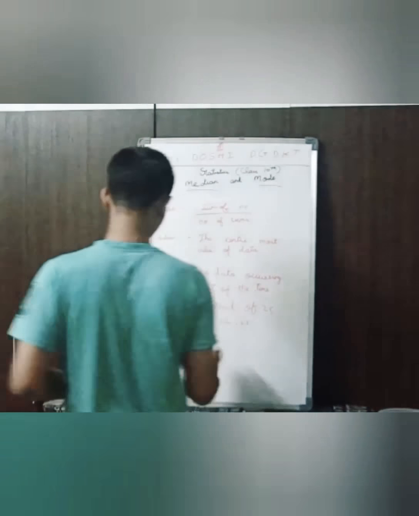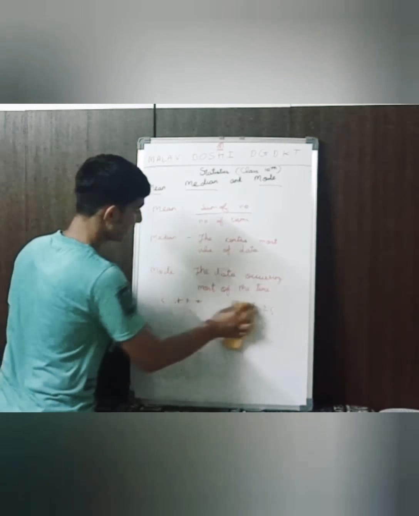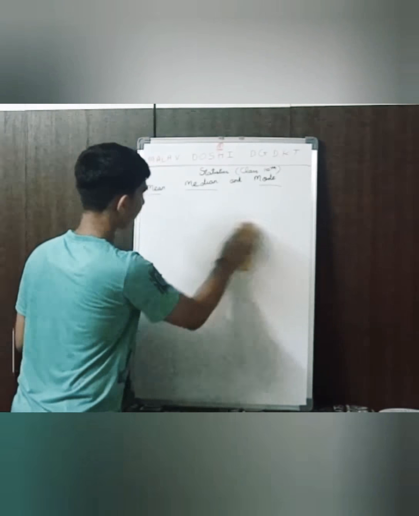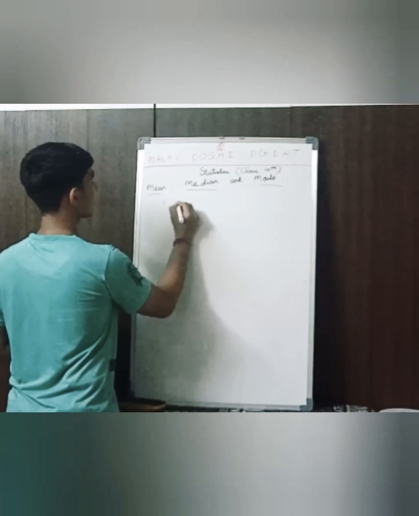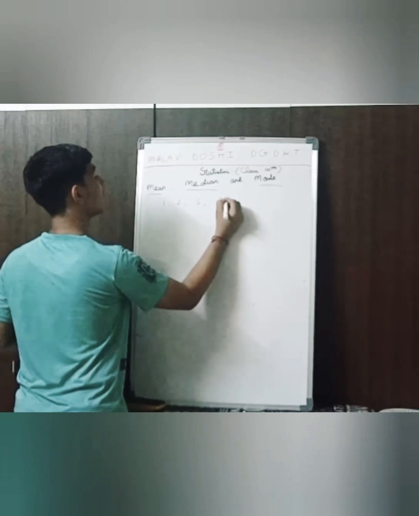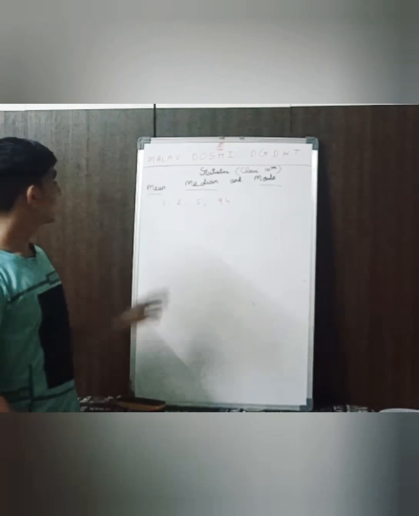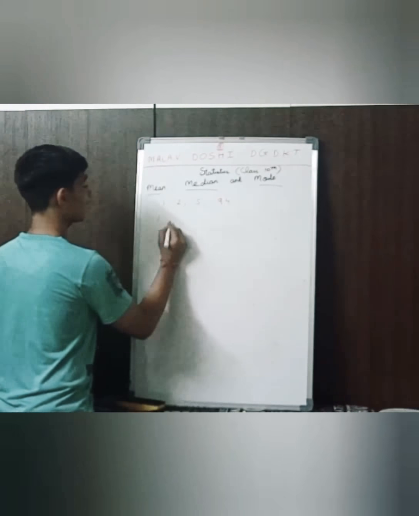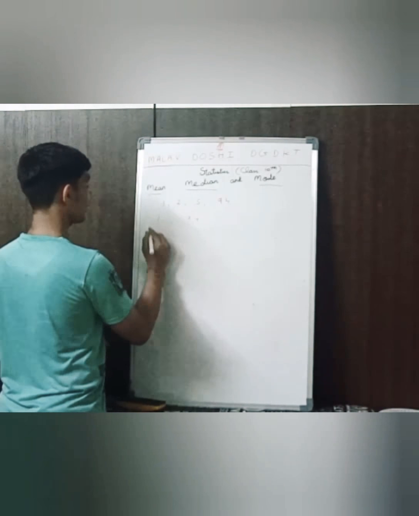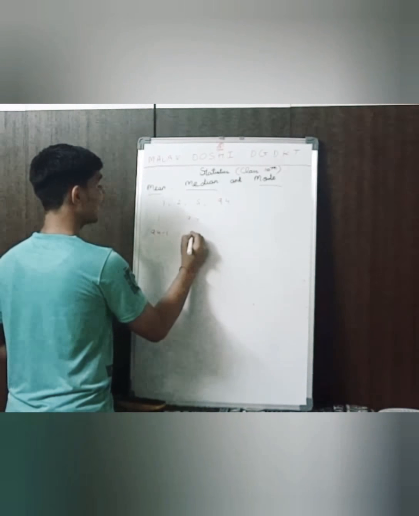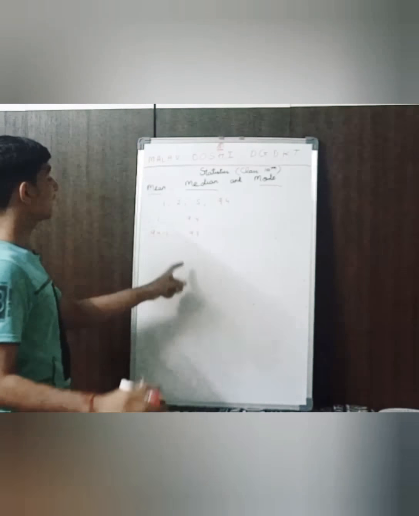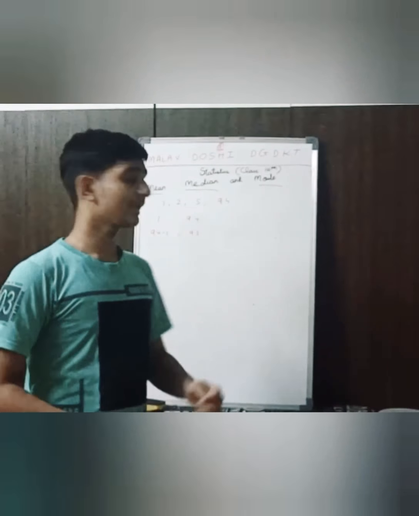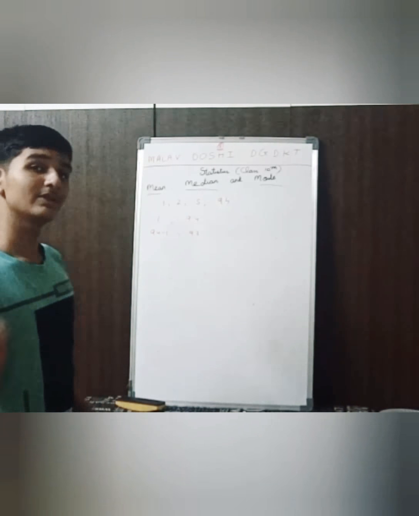But let me show you an example. If data is like 1, 3, 5, 94, here you can see that it is already in ascending order, and 1 and 94 are the extremes. If you subtract 94 minus 1, you will get the difference as 93. It means the difference between the extremes is so much that if you calculate the average or mean,